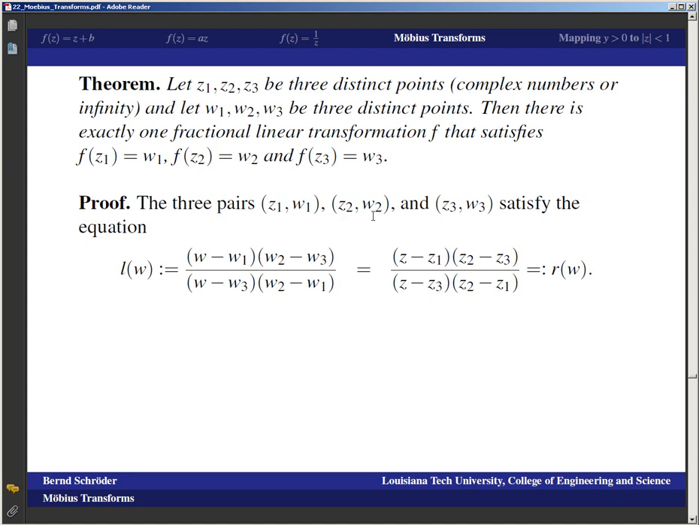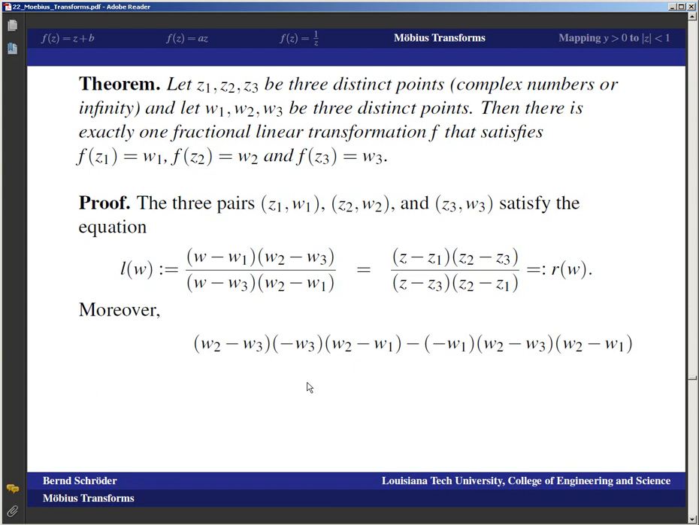And if we plug in the second one, well, I get (W2 minus W1)(W2 minus W3), which is the same as (W2 minus W1)(W2 minus W3), so I get 1 on the left. And if I plug the number Z2 in here, I get (Z2 minus Z1)(Z2 minus Z3) divided by (Z2 minus Z1)(Z2 minus Z3), which is 1 here also. So these 3 points satisfy that equation. Now let's let the left-hand side be L of W. Let's let the right-hand side be R of Z. Well then,